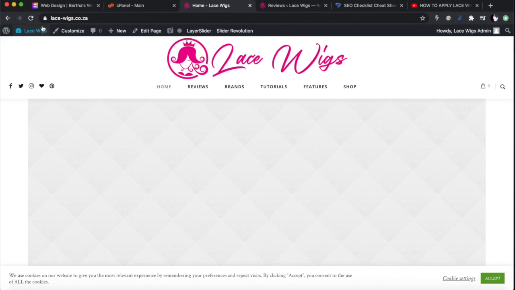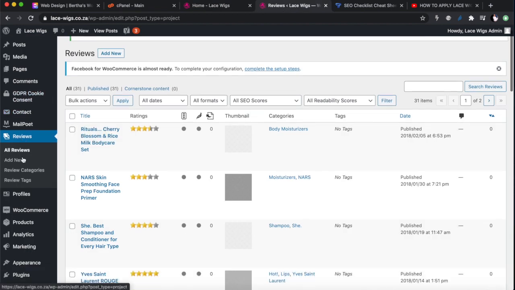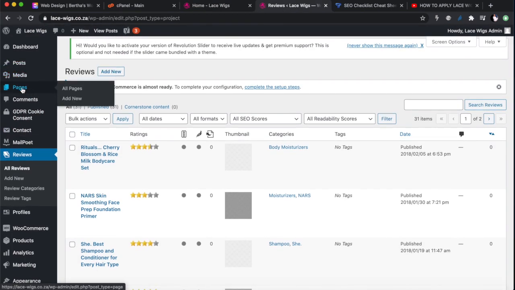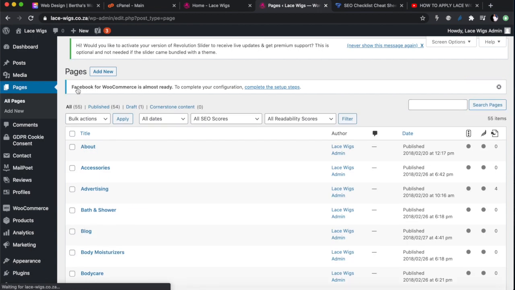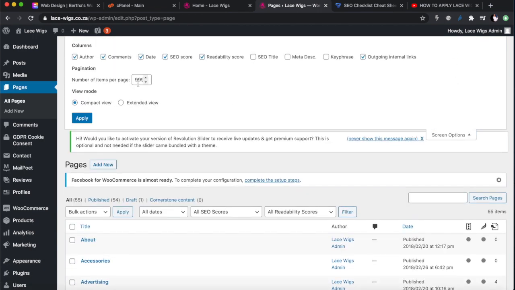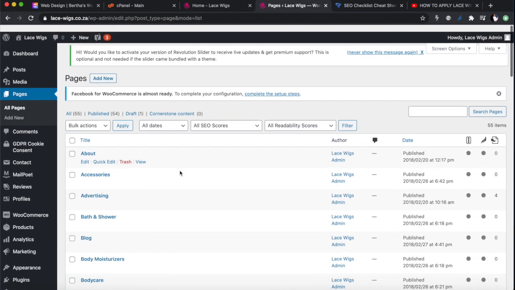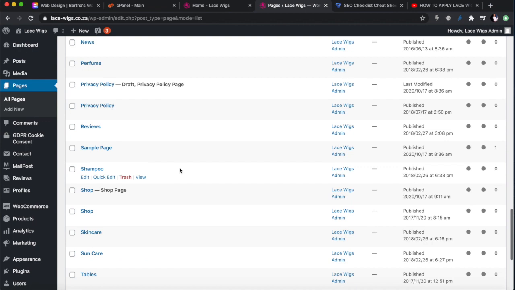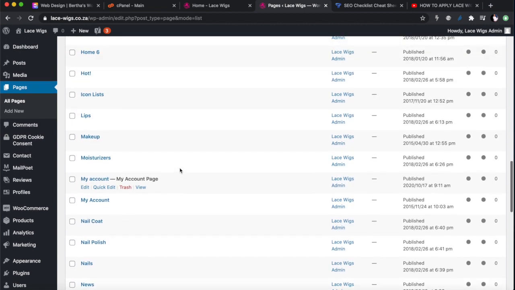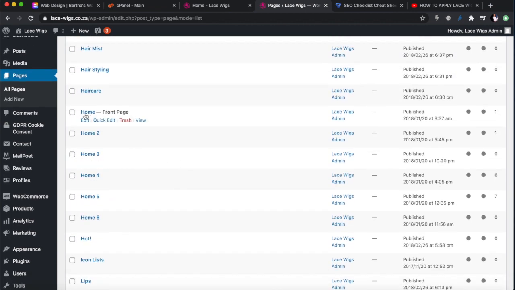What our front page looks like. Remember I said we're going to replace this one here. All right, so to replace that one there, you need to go to the home page, to all the pages. If you look at all the pages, just go to the top where it says screen options and change this number of items per page to 999, okay? And then click apply. What this will do is show all the pages in one place, so you can see all your pages together. And then I want to go and look for the front home page. All right, there it is, home one, okay?